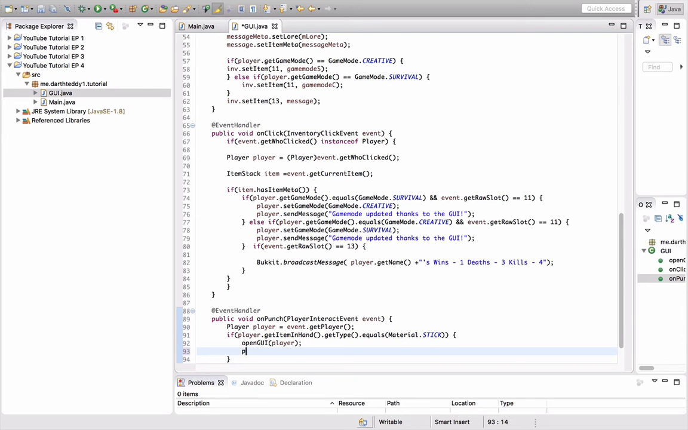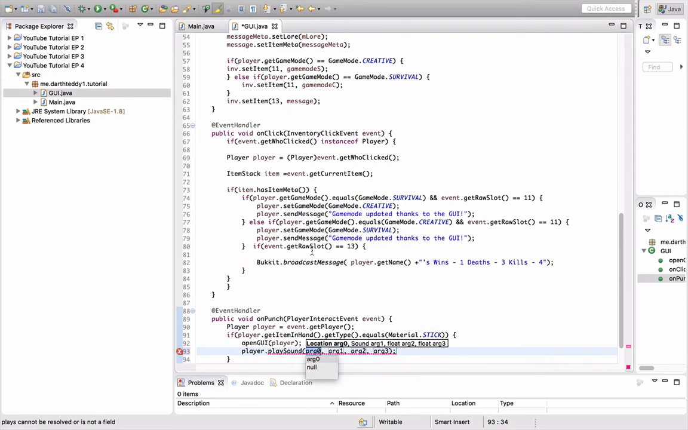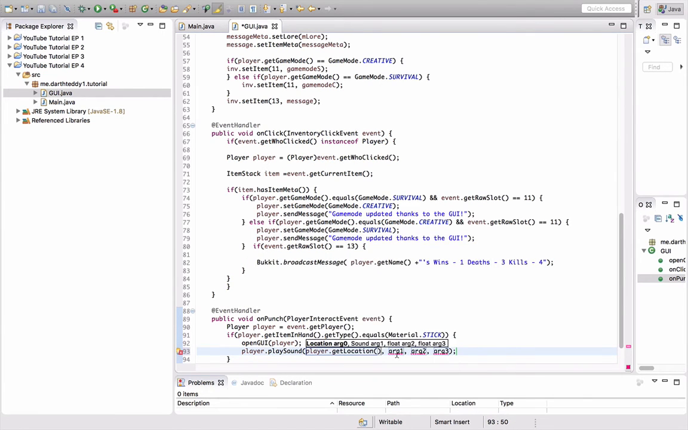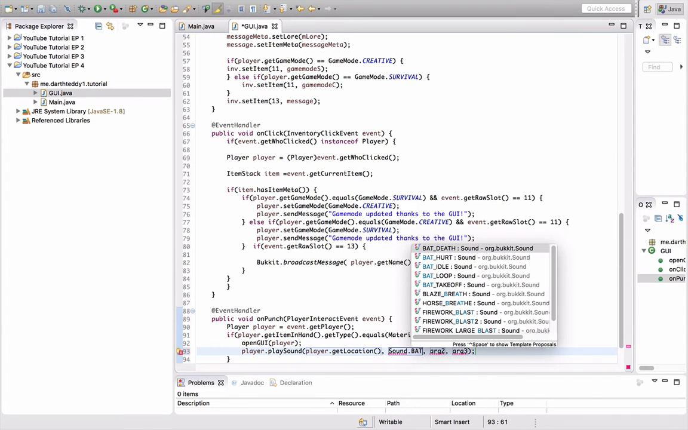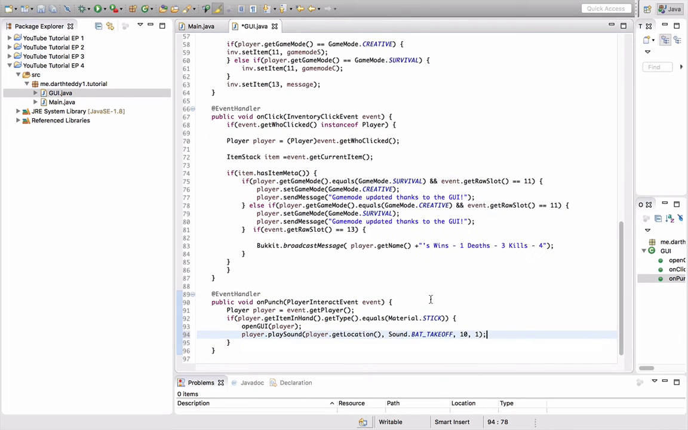We'll play a little sound too. player.playSound(player.getLocation(), Sound.BAT_TAKEOFF, 10, 1). 10 is the volume, 1 is the pitch. So we can do